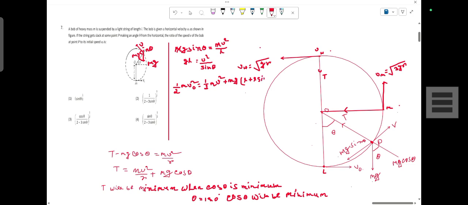Here m cancels out from everywhere, so we have v naught square by 2